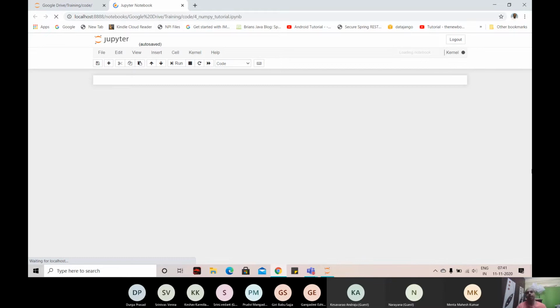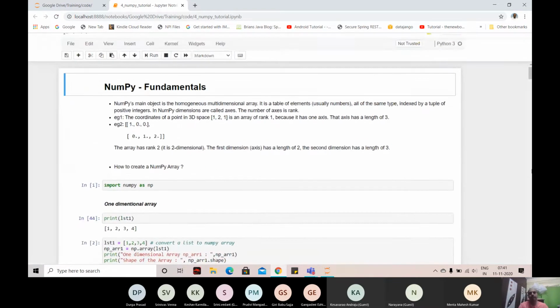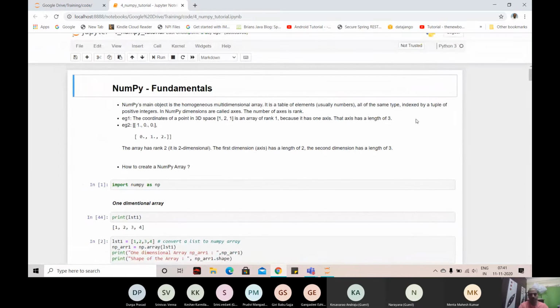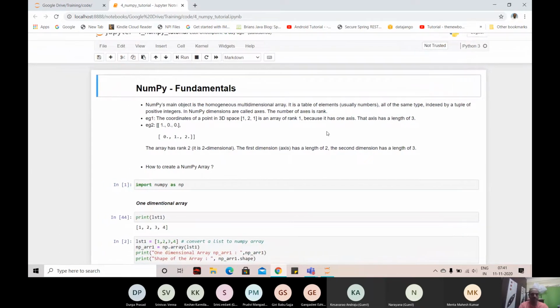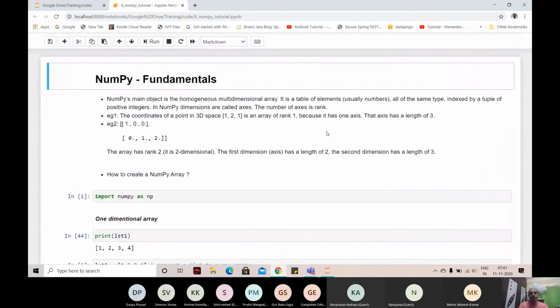So once after NumPy arrays, tomorrow and day after tomorrow, we'll see data distributions. Tomorrow data distributions, the statistical concept, and then inferential statistics we'll see. Or maybe I'll show you a simple algorithm, linear regression algorithm, and show you the complete end-to-end process of executing a data science project and all that. And then we'll jump into